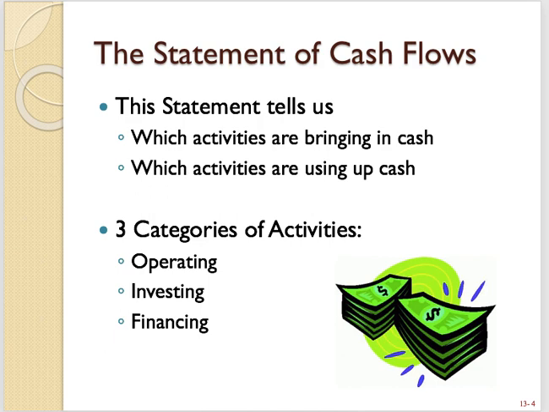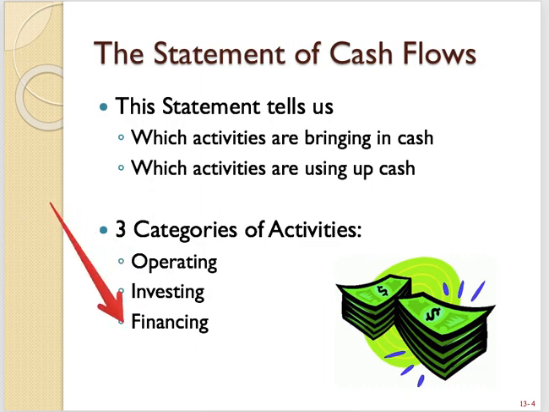So what the statement of cash flows tells us is which activities bring in cash and which activities use up cash. And we categorize the activities of a business into 3 types of activities: operating, investing, and financing. These are the 3 sections that you're going to see on the statement of cash flows. There's an operating cash flow section, an investing cash flow section, and a financing cash flow section. So what goes into each of these